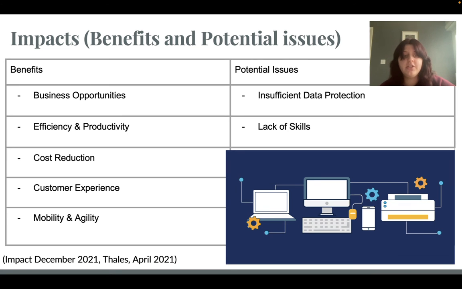Another issue with IoTs is the fact that the people either using them or installing them have very little knowledge of how to use them, so they can't be effectively used. Due to this, errors are caused